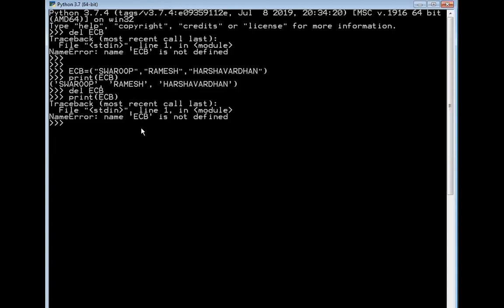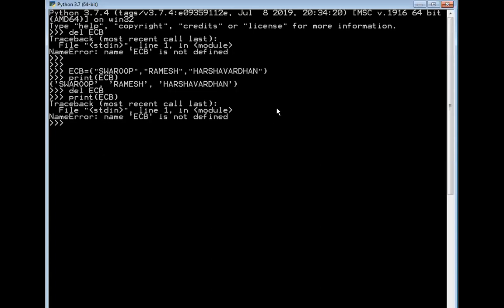What is the error that you will be getting? It is the first error that I purposefully showed you as soon as I started this class, because at that time the ECB tuple had not been created and I used the delete command. Print ECB means the elements of the tuple ECB have already been deleted, so how can it be printed?